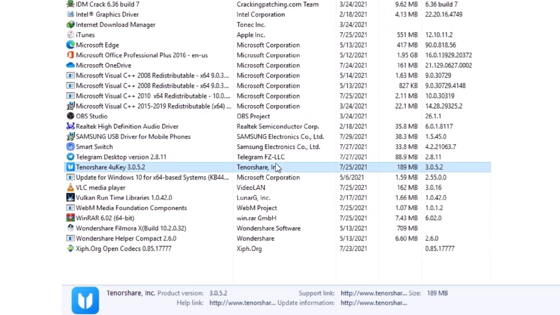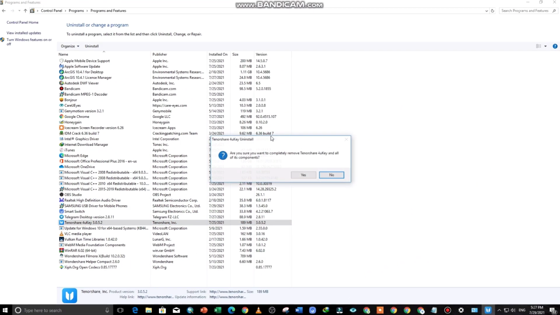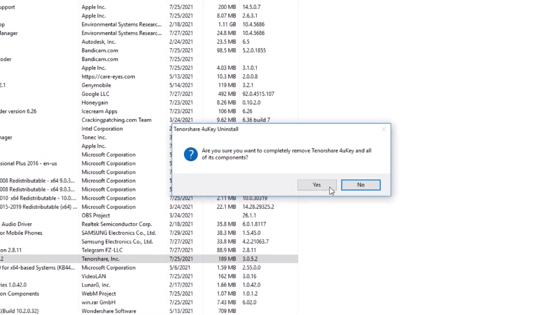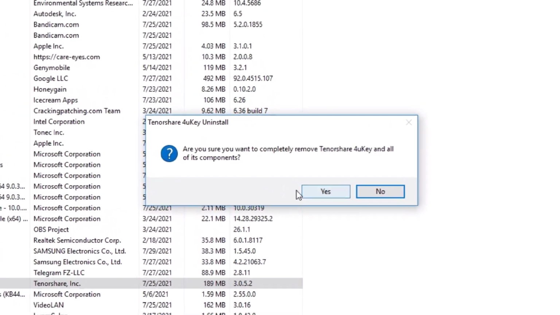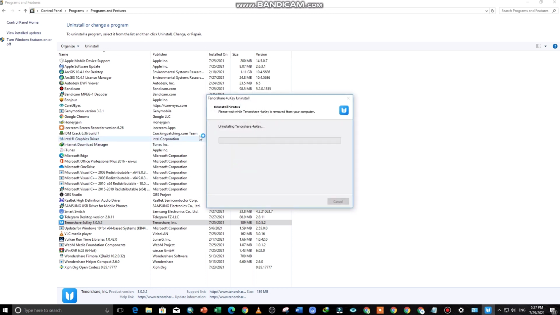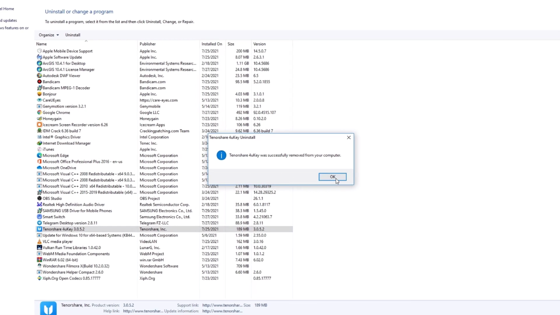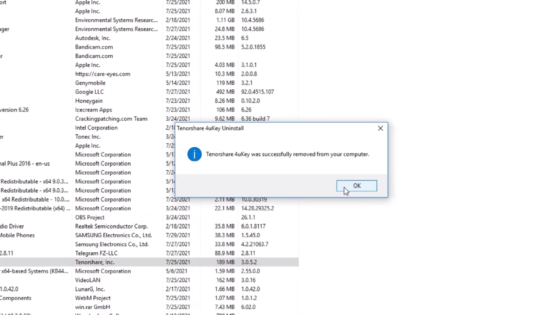Click it, and a message pops up, which says, are you sure you want to completely remove Tenorshare 4uKey and all of its components? Of course I want to, so I just click on yes. Sometimes some apps take you to their websites asking why you uninstalled the app, what is the reason, give us feedback. Simply you can close it, and as you can see, Tenorshare 4uKey was successfully removed from your